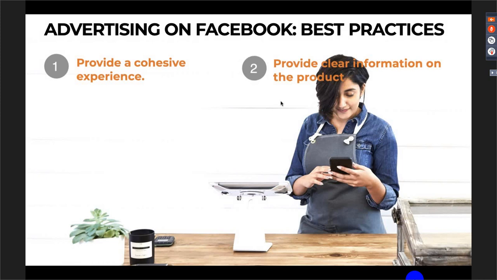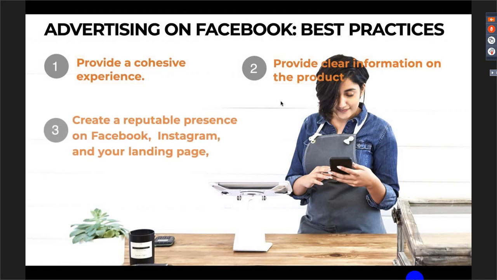Number two, provide clear information on the product that you're selling in your ad and your ad's landing page. This information should describe the product and its features. It should set realistic expectations around its functionality. Number three is create a reputable presence on Facebook, Instagram, and your landing page. Provide information on who you are and how a customer can contact you if there are any questions. So every possible detail about